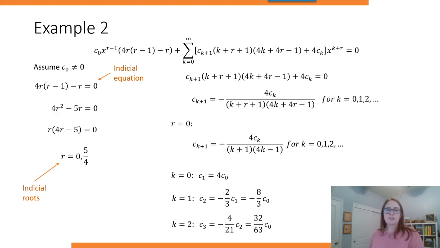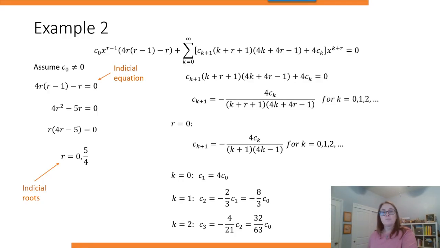And then for the third term, c3 is going to equal negative 4 over 21 times c2. And c2 is negative 8/3 c naught. So I will multiply that by the negative 4 over 21 to get 32 over 63 c naught. So all of my terms end up being in terms of c naught, which is very good for that final